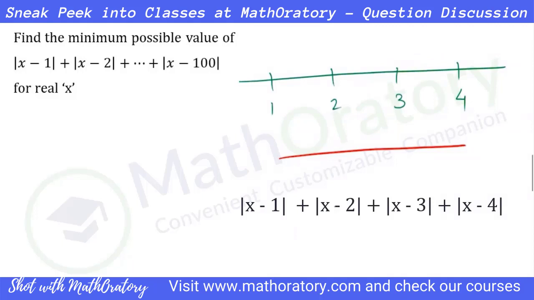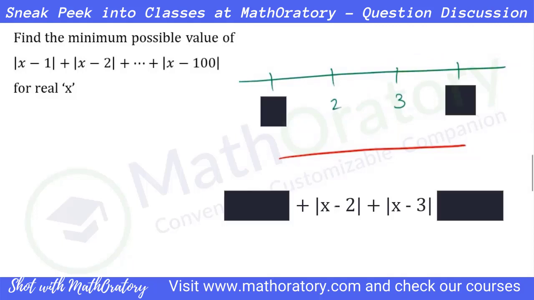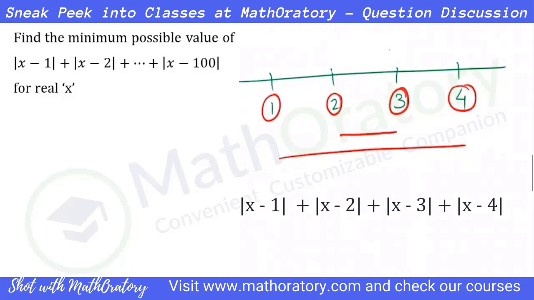Now, if we focus on 2 and 3, we should be placing x in between 2 and 3 as well. The distance between x and 2 and the distance between x and 3 is also going to be counted. So this distance between 2 and 3 is effectively also getting counted. So when we add the distances, what is happening here? As many points as you have, you start with the extreme pairs, find the distance between those two, come back one point on either side, again take the distance between those two, and keep repeating that over and over again.